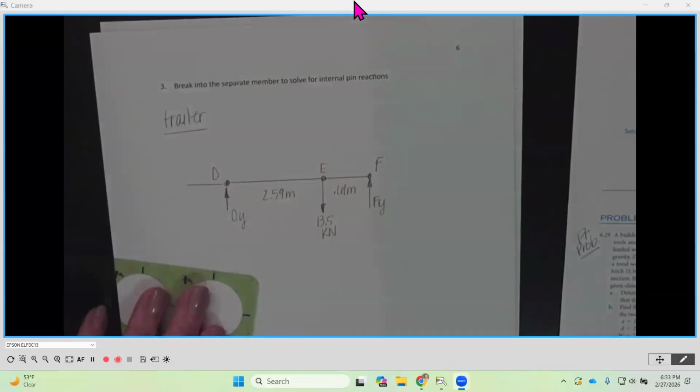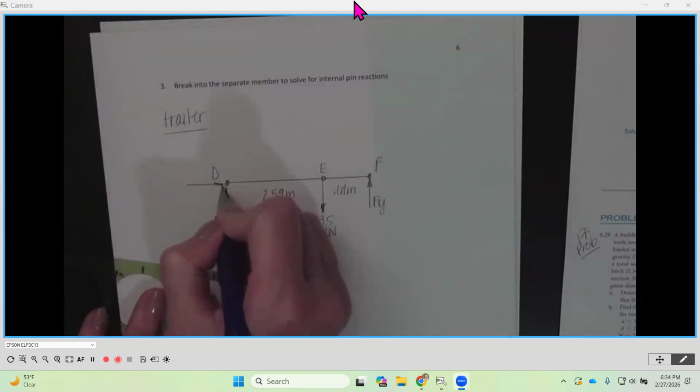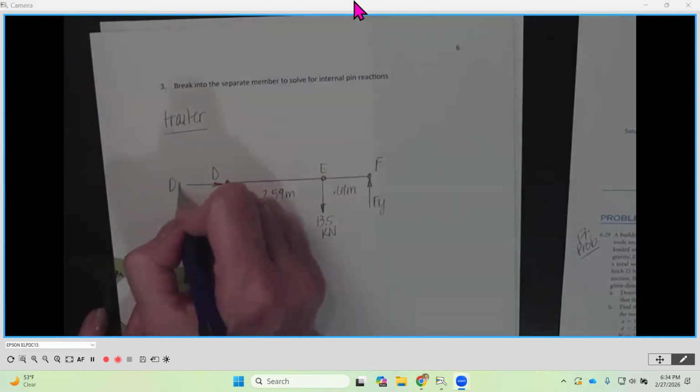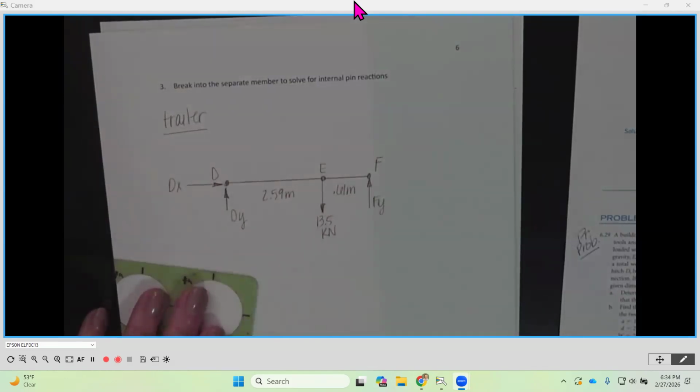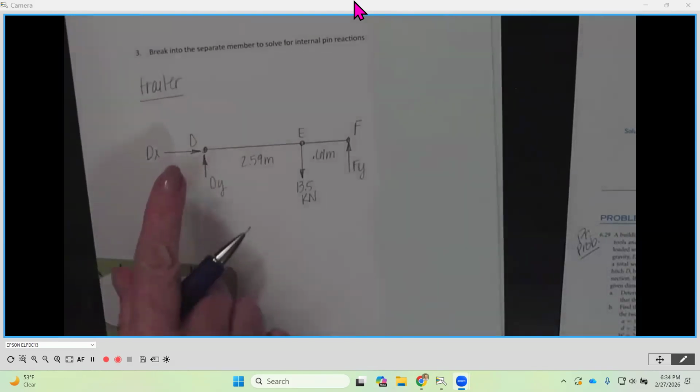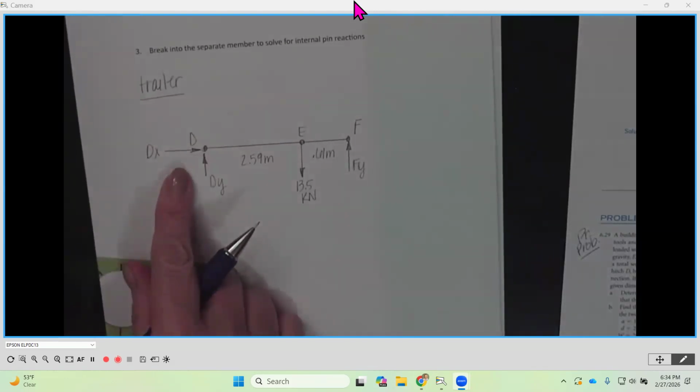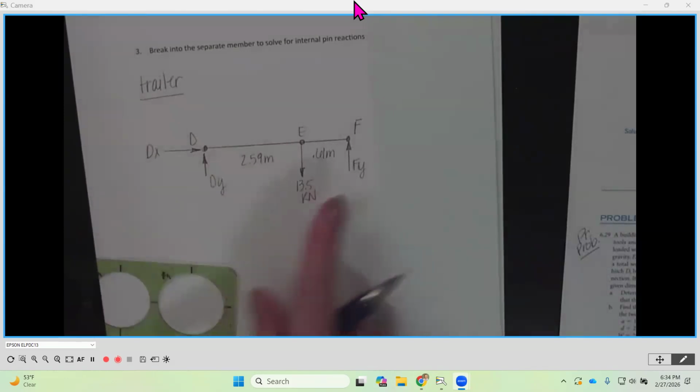Let's do up. And what about my x here? Do I want to go left or right? Left, right, it doesn't matter. There's no other x forces, right? So it is going to equal 0, but we need to just identify it. I'm going to put it in the positive direction, so we're just going to put it going to the right. Okay, so now that we have the internal x and y on that pin identified, and we have these guys,